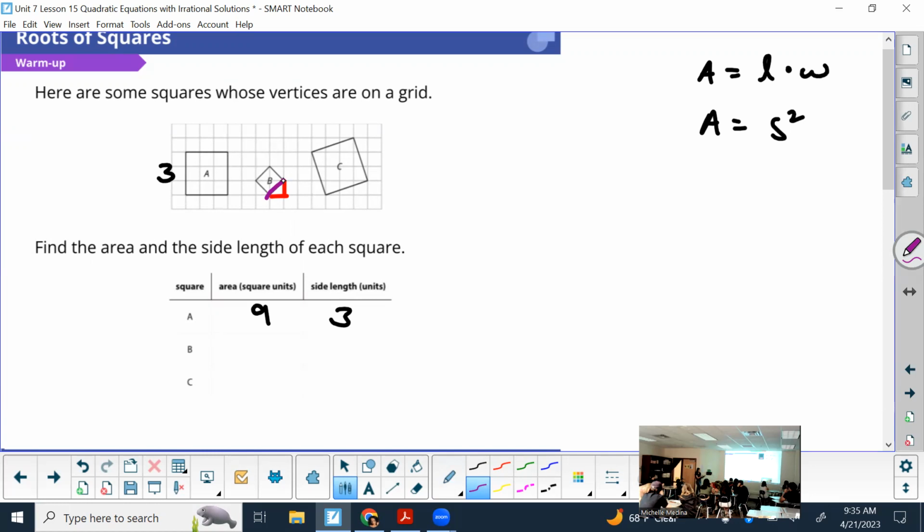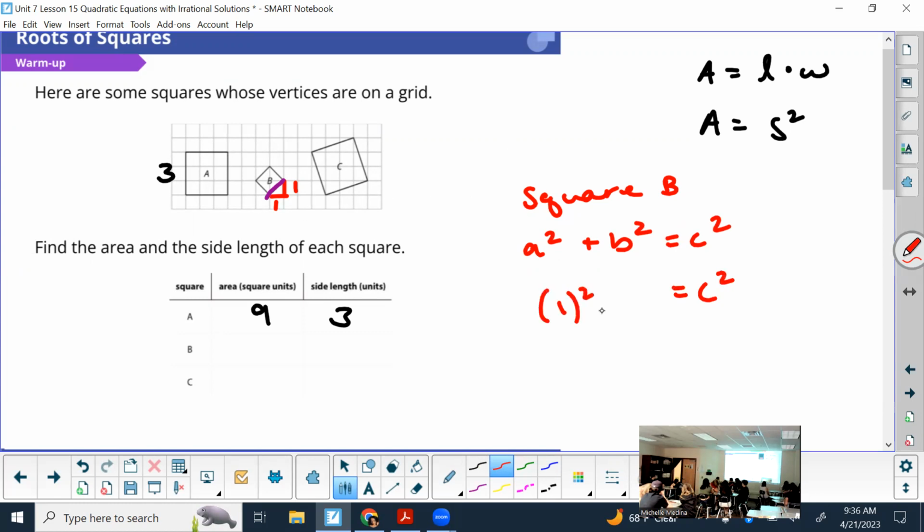So what's the base of my triangle? How many units? And then this side of my triangle is, and what's the formula for the Pythagorean theorem? Okay, good. So a squared plus b squared equals c squared, where c is your hypotenuse, the longest side. So that's what we're solving for. So it's still going to be c squared. It doesn't really matter which one is a or b, just so you know. They both happen to be 1 in this one.